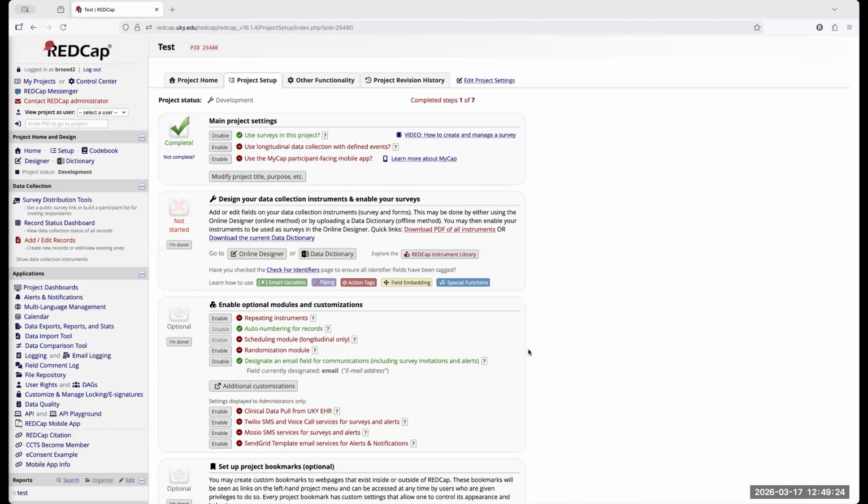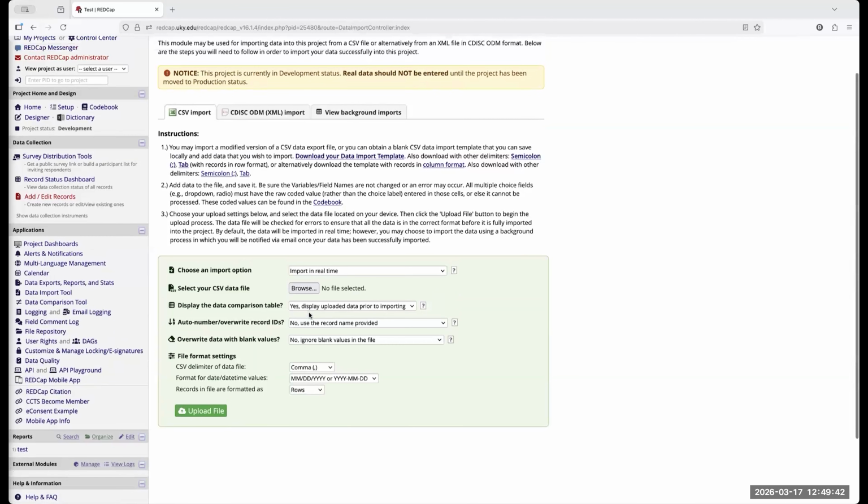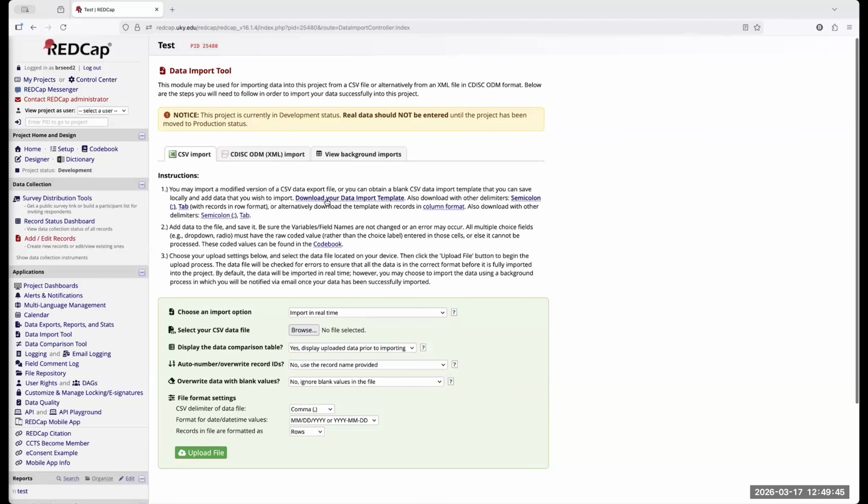Can you import data for the purpose of just playing and testing? Yes, you can import data into any project using your import tool here, as long as the data is in a CSV file. Of course, you'll need to download your data dictionary. You can't do it from an Excel file, right?